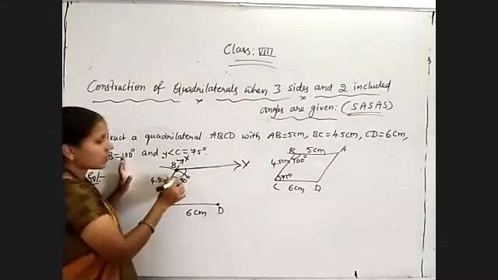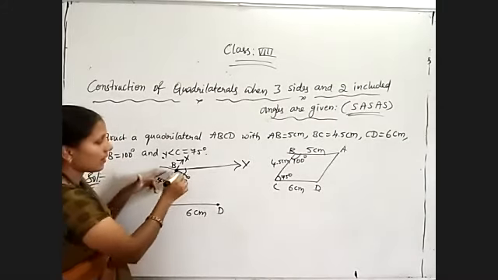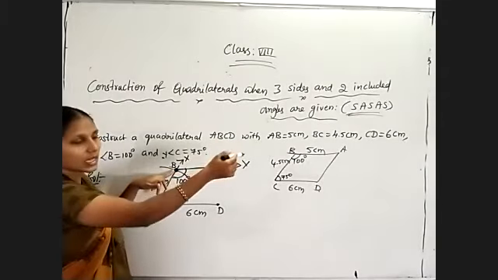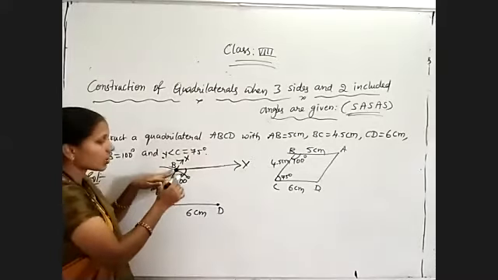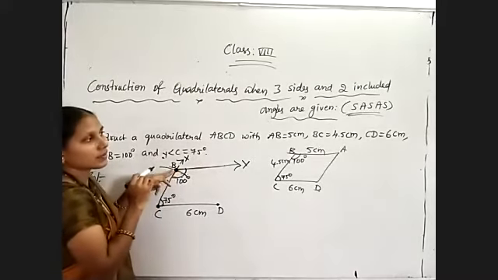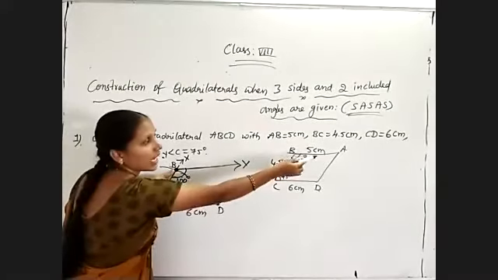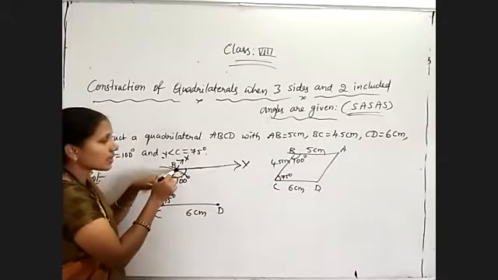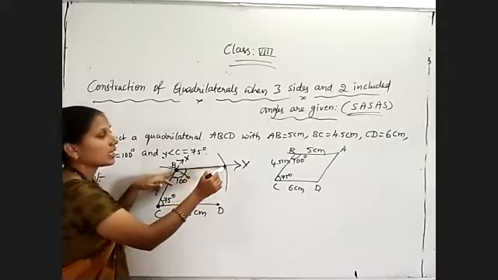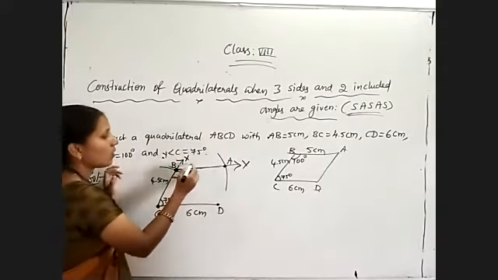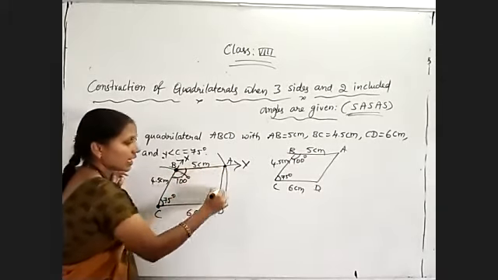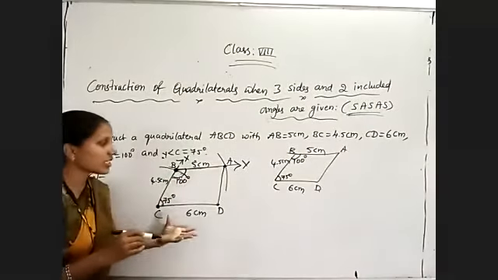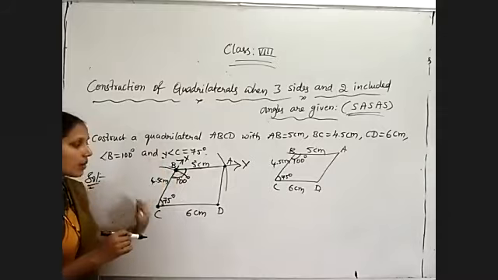This one also we need to use the protractor. Now wherever I have constructed the angle, from there only I need to take the other length. I must find the fourth vertex, because of the included angle. So the last side we have to take is BA, that is 5 centimeters. So take 5 centimeters radius, B as center, and cut the ray at A. Now it is 5 centimeters. So join AD. Side, angle, side, angle, side. By using these 5 measurements, we have constructed the quadrilateral ABCD.